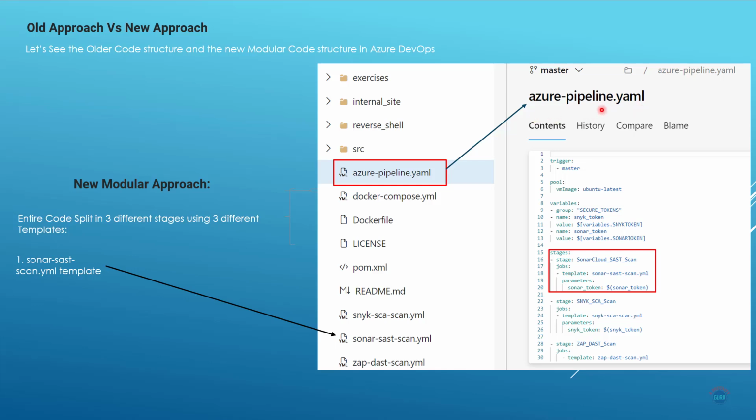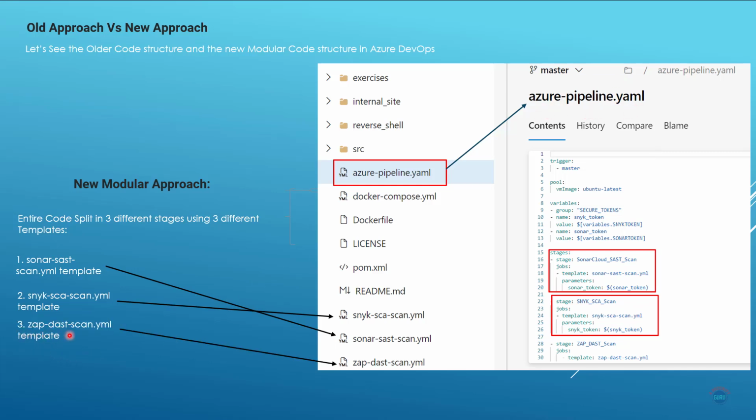As you can see, the Azure Pipeline YAML file is calling this Sonar SAST scan YAML template. Similarly, there will be another Snyk SCA scan YAML template, and again this template will be called within the Azure Pipeline YAML file. And finally, there will be a ZAP DAST scan template, and this DAST scan template will also be called by the